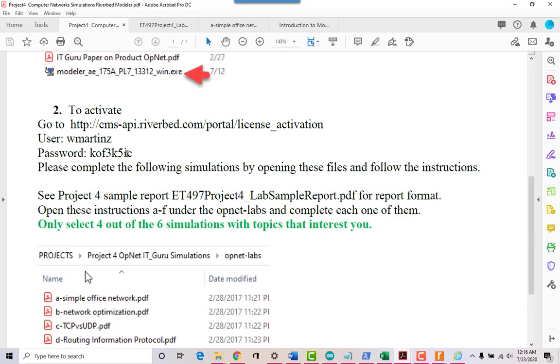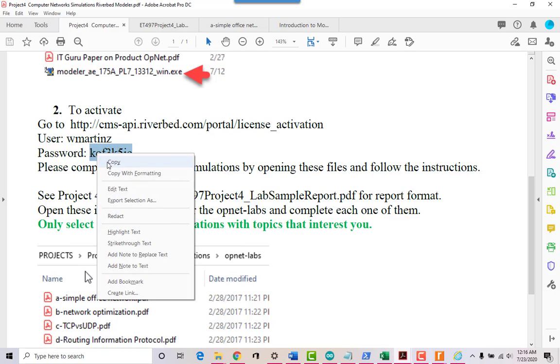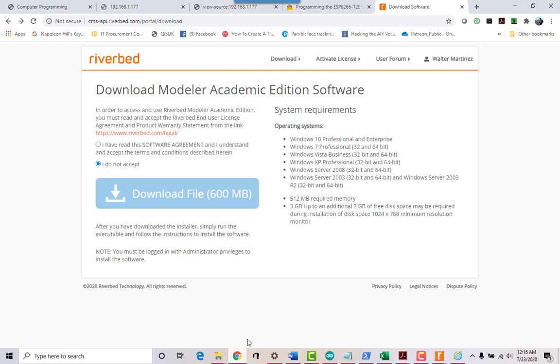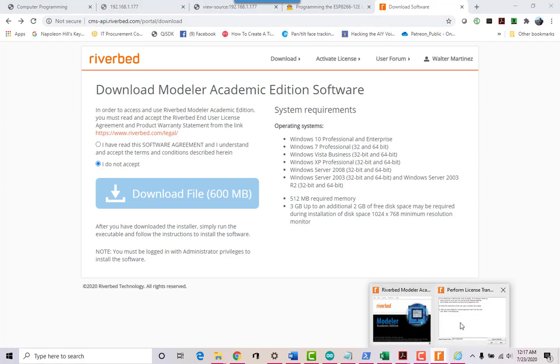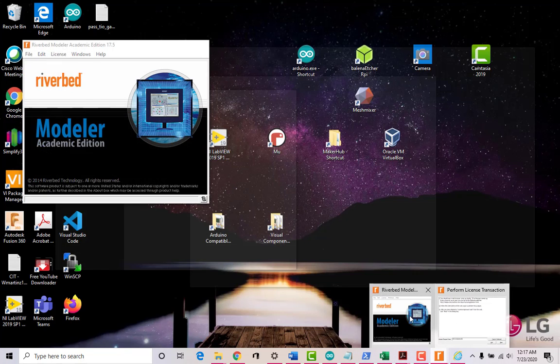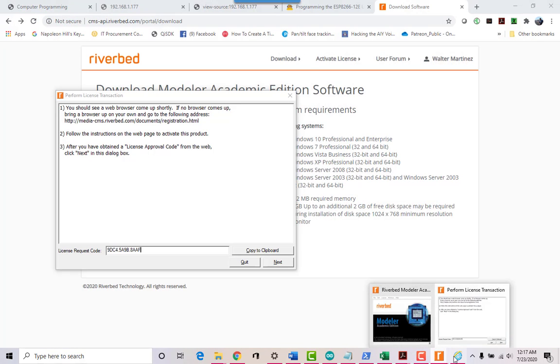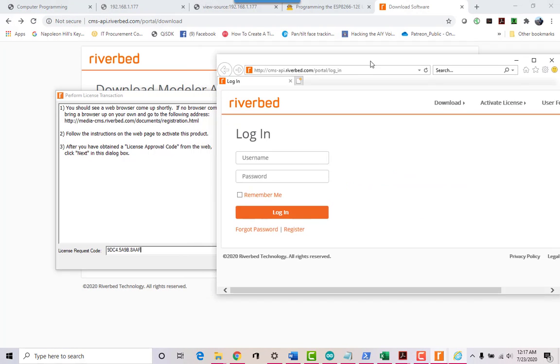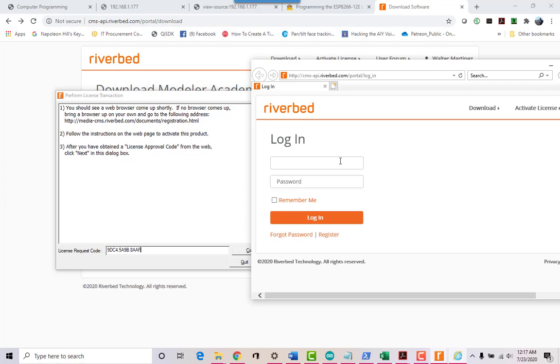So it's W Martin Z and this particular password. I'll copy the password and let's see. Well, here we go. I guess it opened up in Internet Explorer. So user is W Martin Z. I'll do that password and remember it.